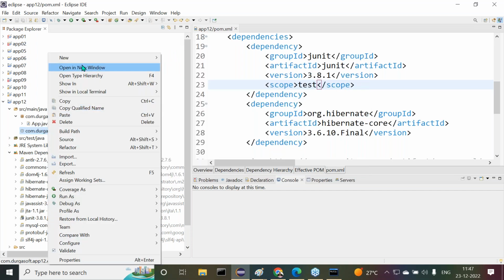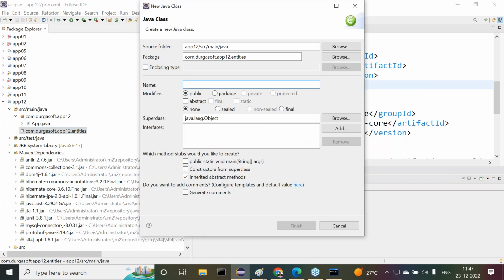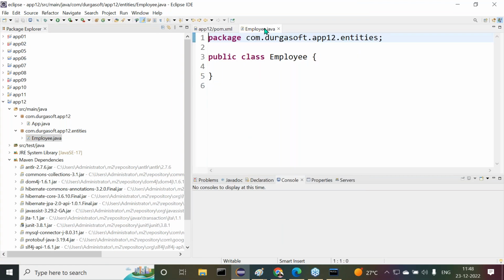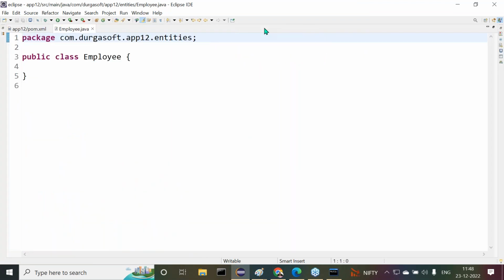Inside this entities package, now prepare an employee class. Click on finish here. Inside this employee class, what we have to take? Here now what we have to provide: private int eno,